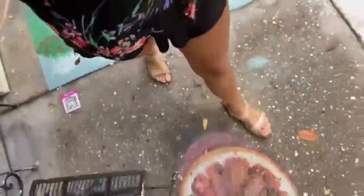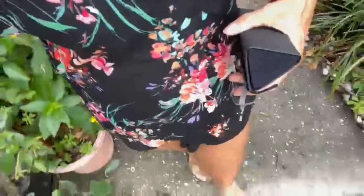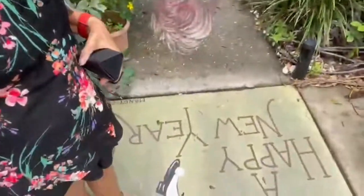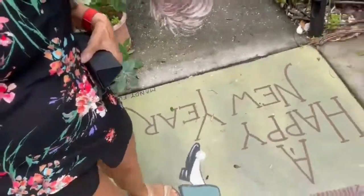I guess these are projecting to you upside down as I'm walking this direction, but for some of them it doesn't really matter. Like we've got some grapefruit here with a flamingo. We don't really see flamingos that much, but there are some birds that do have pink coloring or red coloring. Happy New Year, says this one. And this is on Pineapple Street where I'm walking, where back in the day when they would drop the pineapple from